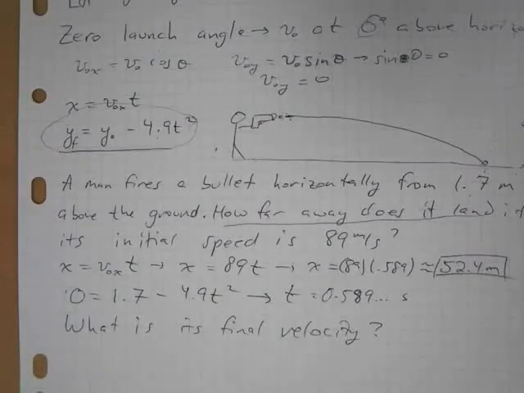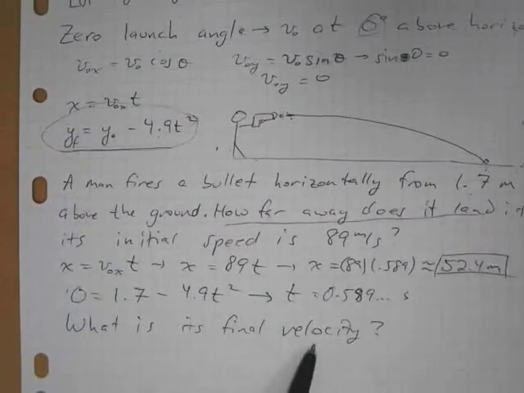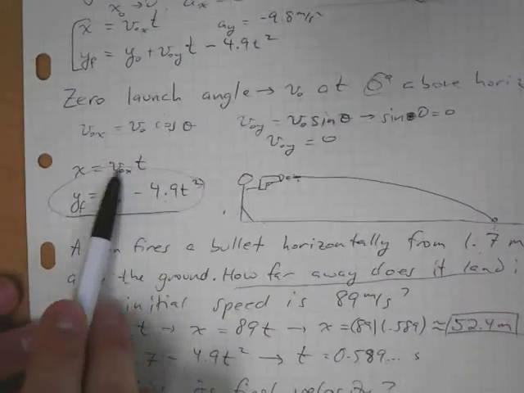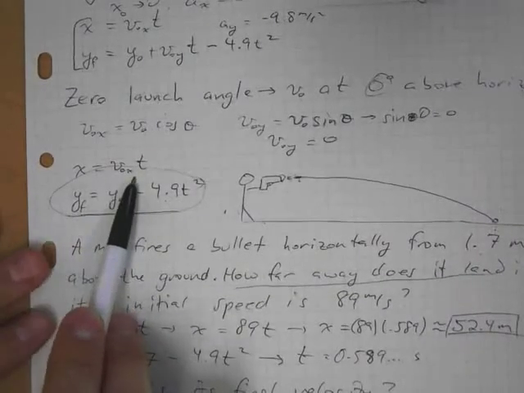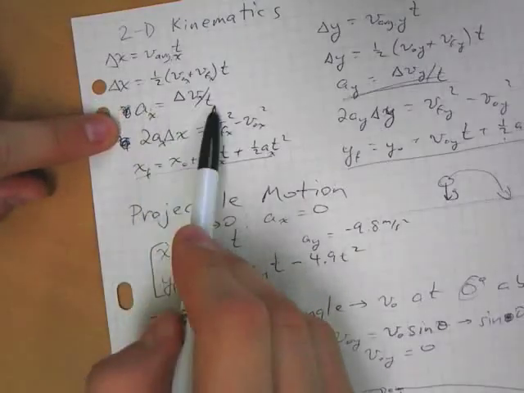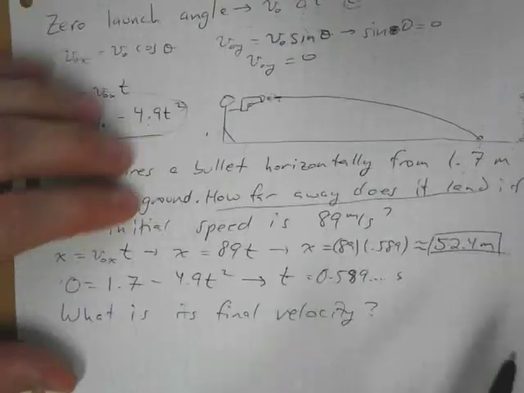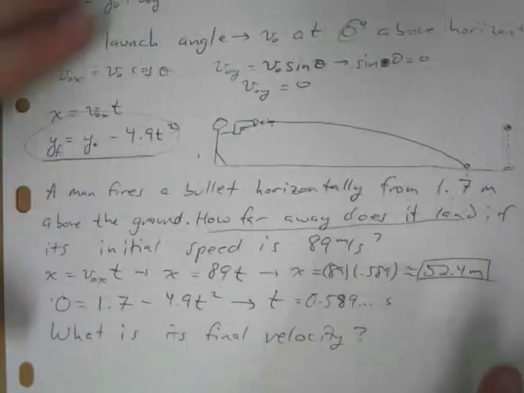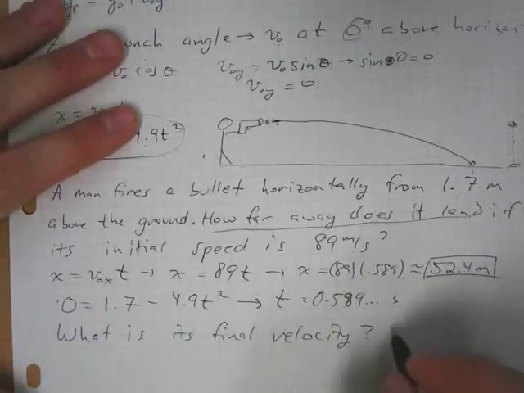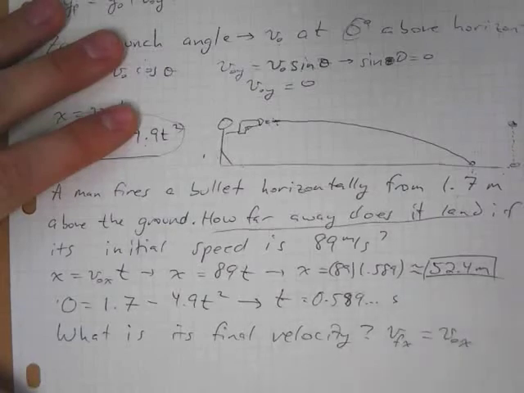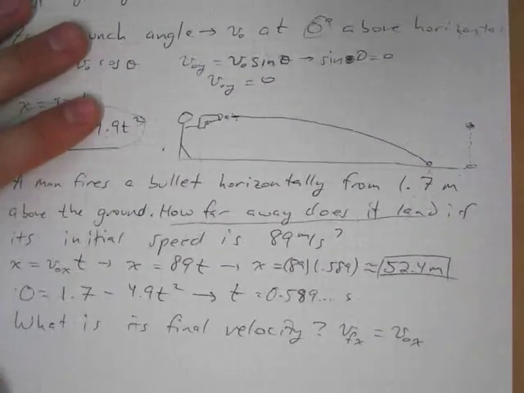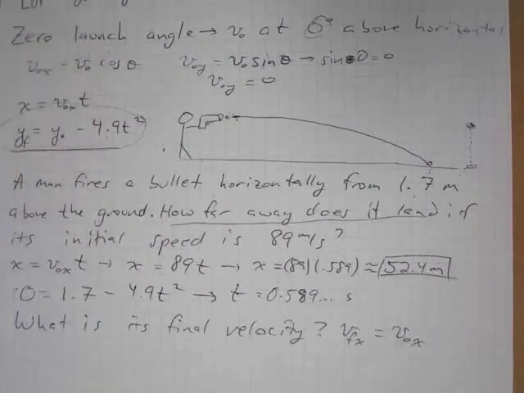And if there's no acceleration, acceleration is delta v over t, so if there's 0 acceleration in the x direction, the change in velocity is also 0. So we know, and this is a general feature of projectile motion, that v final x, the final velocity in the x direction, is equal to the initial velocity in the x direction, because in projectile motion, the acceleration is only gravity, and gravity goes straight down. It is entirely in the y direction. And so in this case, that is